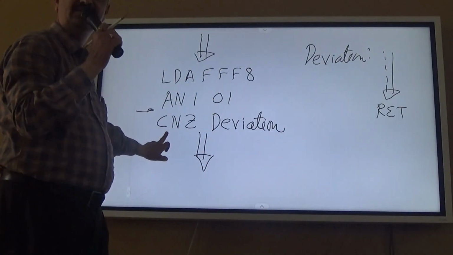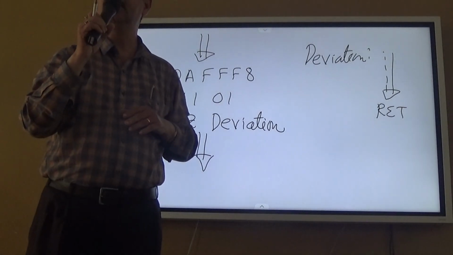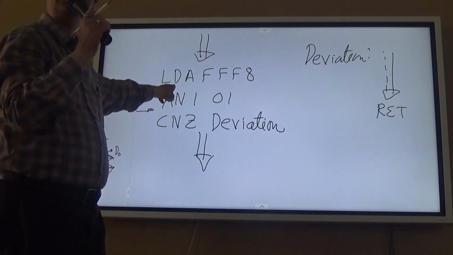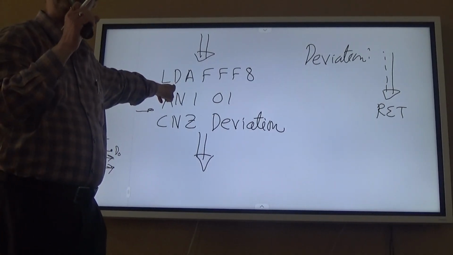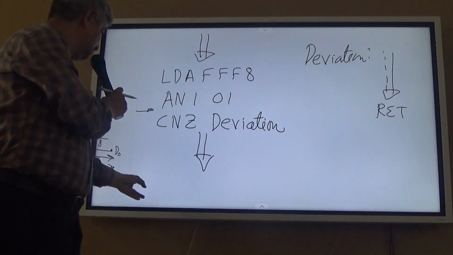Sir, how does that ANI check whether that D0 pin is set high or low? LDA instruction. LDA FFF8. So this port